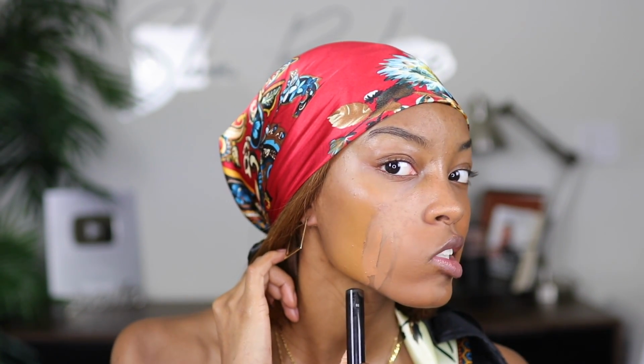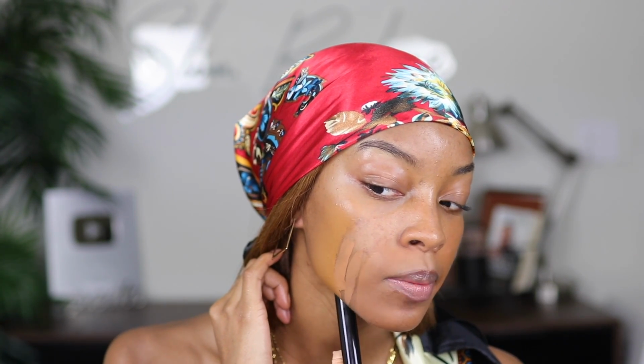But, oh, that's not bad. She is a little bit more orange, but that's her. She's got good coverage. Okay. I'm going straight up with the blend. So you can kind of see back here is a little bit more on the orangey side. And then this is a little bit more warm neutral. But again,